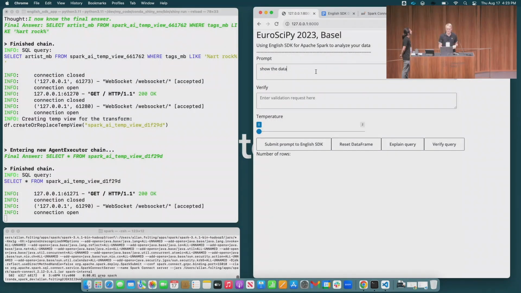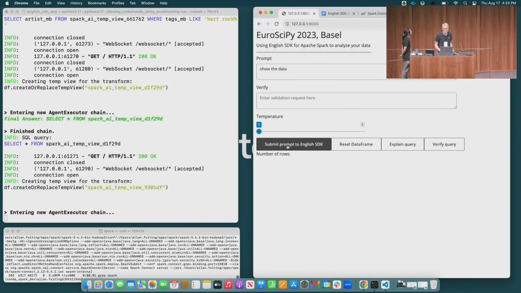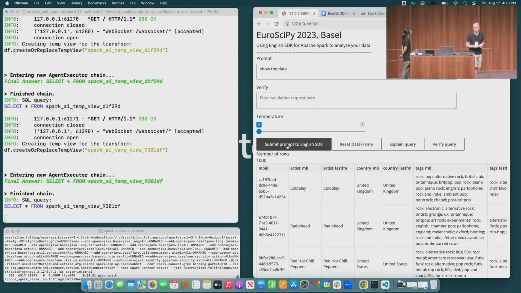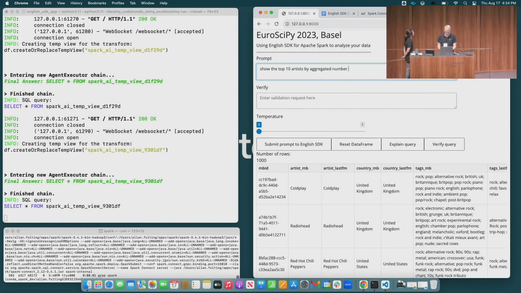And so if I can just start by running this. Hopefully it works. I just said, show me the data. Super simple. And it's going to go ahead and you can see how it reasons about this. And then you'll see the result in the application on the other side of the screen. But what if I want to see, I don't know, show the top 10 artists. This is a data set of music artists being played on the radio and how many times they've been played. Show the top 10 artists by number of listeners or something.